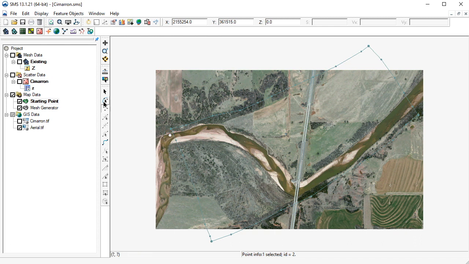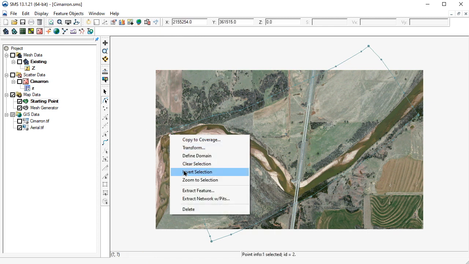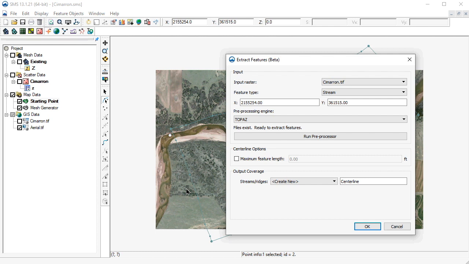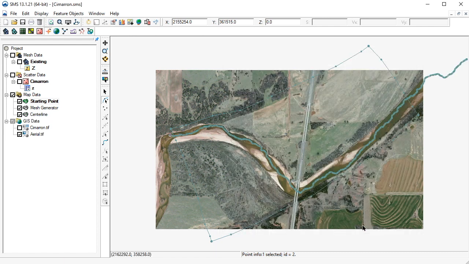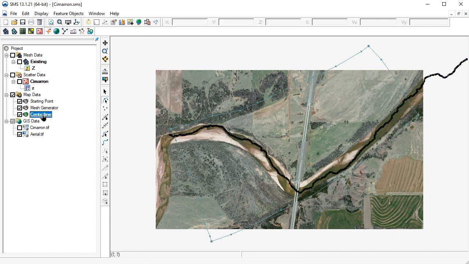Extracting the centerline is done by using the Select Feature Point tool to select the point we just created, right-clicking on the point and selecting Extract Feature. An additional coverage has now been created that contains the new centerline of the Cimarron River.